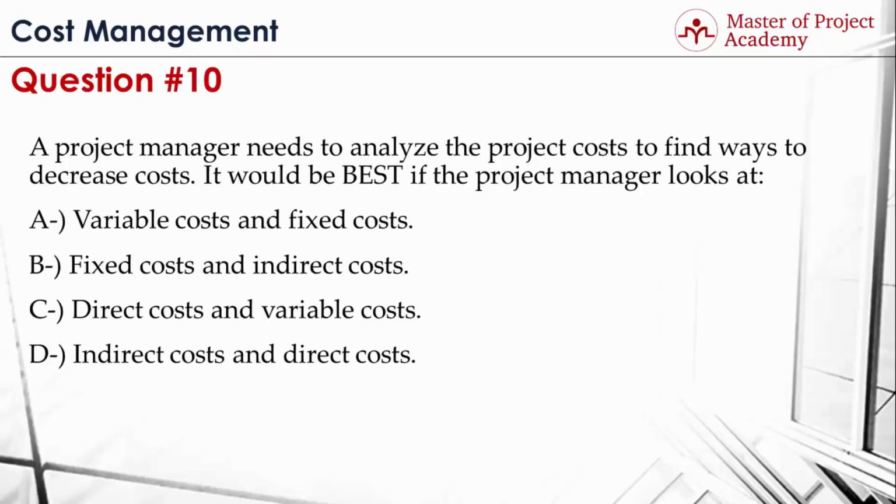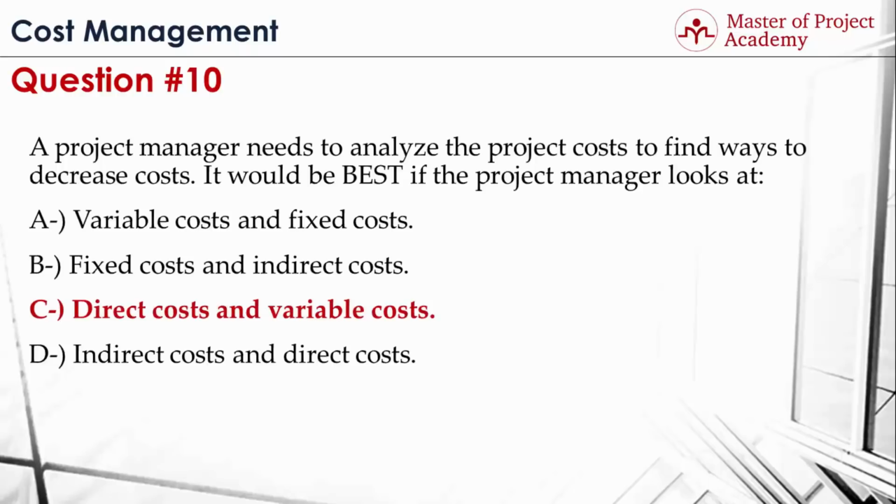Question 10. A project manager needs to analyze the project costs to find ways to decrease costs. It would be best if the project manager looks at A. Variable costs and fixed costs. B. Fixed costs and indirect costs. C. Direct costs and variable costs. Or D. Indirect costs and direct costs. Which one is the best choice? Here the answer is